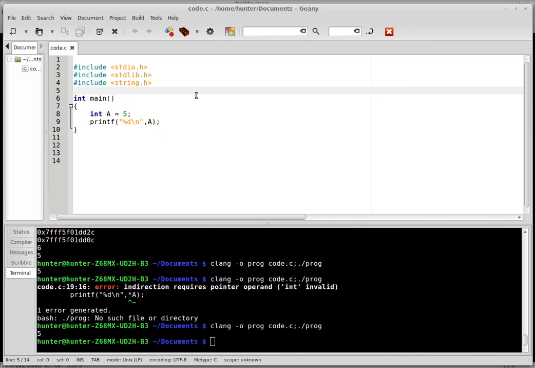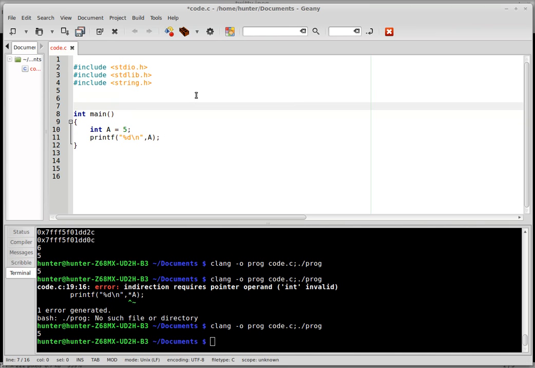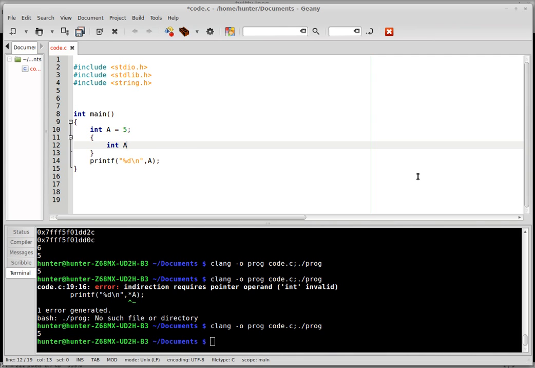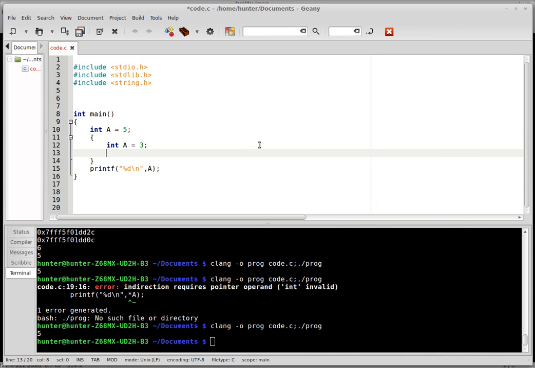But sometimes we use the same symbol in two different contexts, and even though the symbol is the same, the value is not the same. You might have some kind of inner block here. It's a little bit unnatural because I've created a new block here without any while or any statement like that, but still perfectly fine. So I can declare a new variable, which is also called a, inside this inner scope,